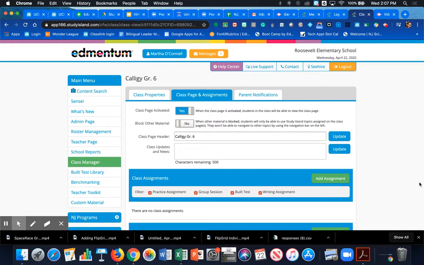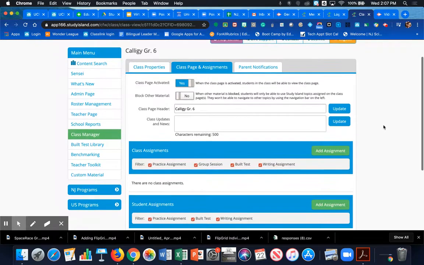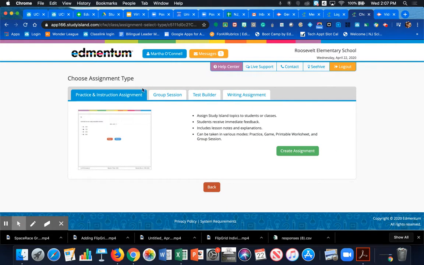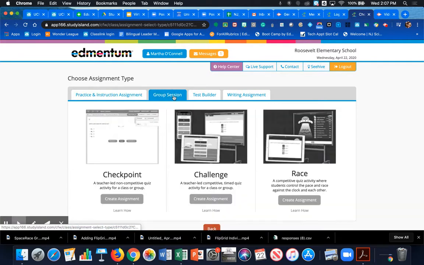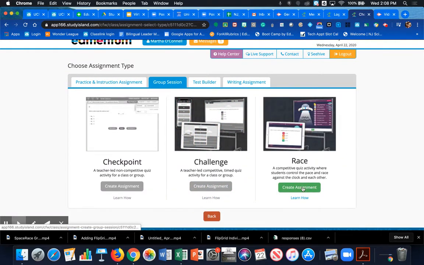As you can see on this page, it is my class and assignments page. You should know how to get to this page through your class manager. Once you are here, you're going to click on Add Assignment. All right, so from our assignment type page, we get to choose group session. Once we're here, we're going to come over to our last group session choice, and that is race, and click